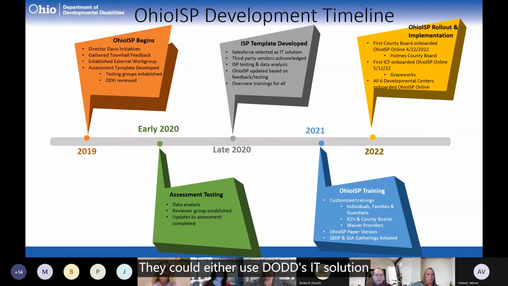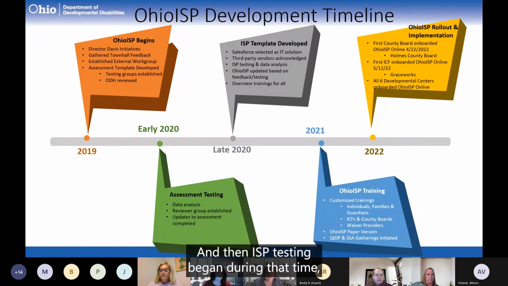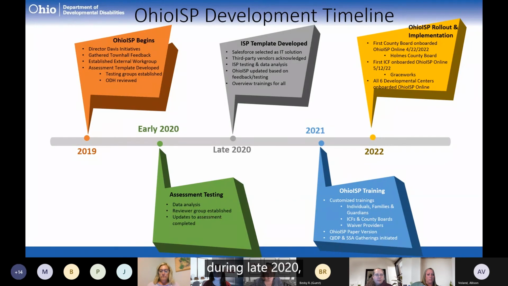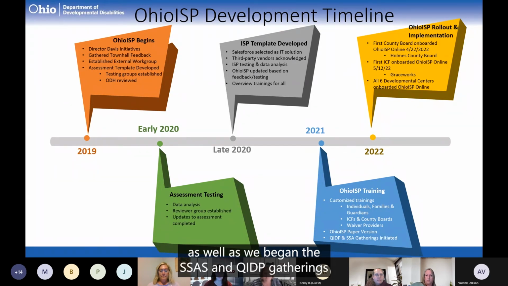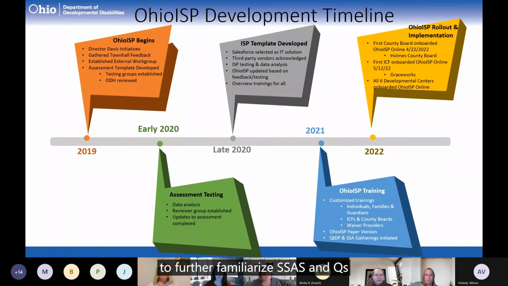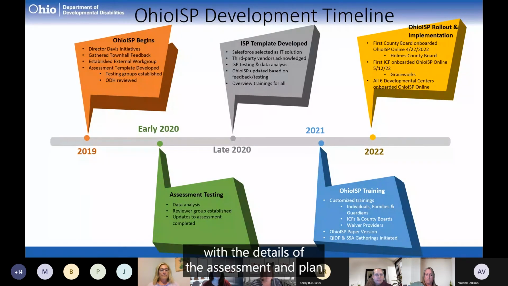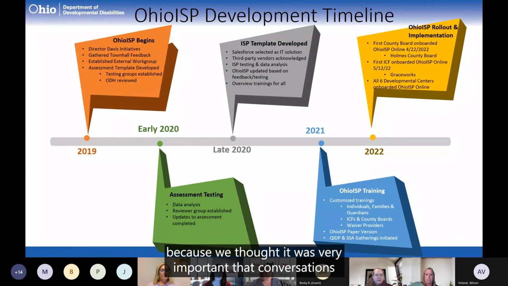They could either use DODD's IT solution or a separate third-party vendor. And then ISP testing began during that time, during late 2020, and feedback continued to be gathered and updates were made based upon that. And then in 2021, customized training was developed, as well as we began the SSA and QIDP gatherings to further familiarize SSAs and Qs with the details of the assessment and plan, because we thought it was very important that